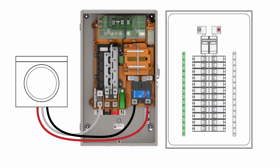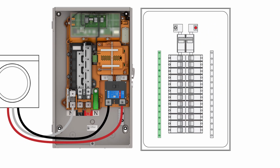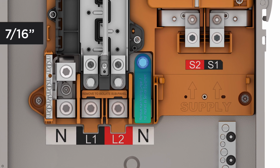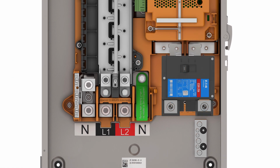Alternatively, when Gateway is fed with service entrance conductors and is being used as the main service disconnect, the factory-installed bonding screw must remain in place and a main breaker must be installed. Additionally, all other electrical panels in the system must have ground and neutral isolated. Therefore, Gateway must be prepped in one of two ways. Either the neutral to ground bonding screw must be removed with a specified socket, or a main breaker must be